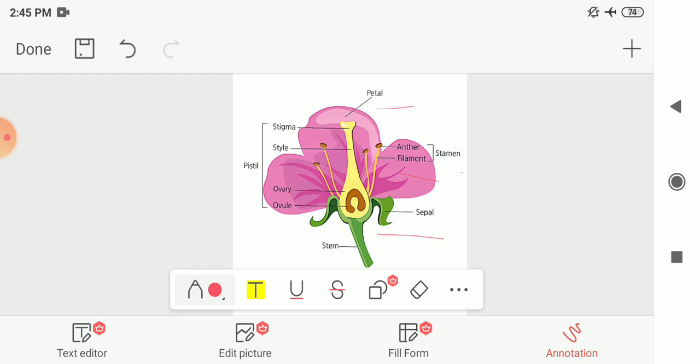Petal is shown to you. Then after, stigma, style, ovary and ovule are shown to you, which are the parts of the pistil. And this green colored one is the stem of the flower. So these are the different parts of the flower. This labelled diagram of the flower you have to draw in your notebook. This can be asked as label the following diagram in your exam.